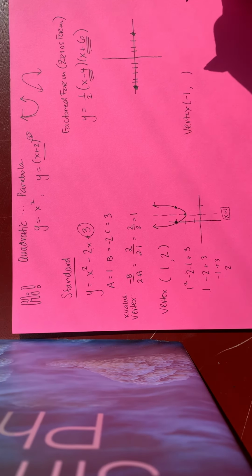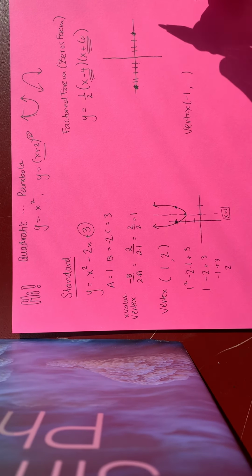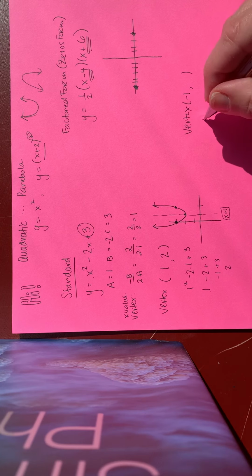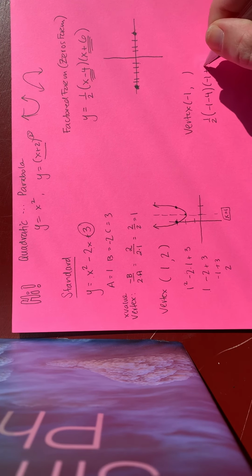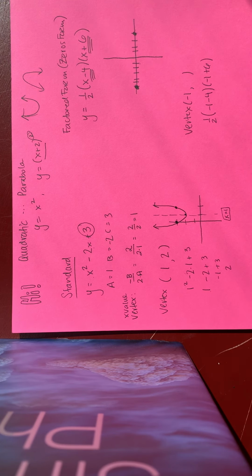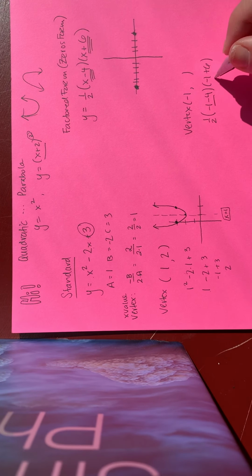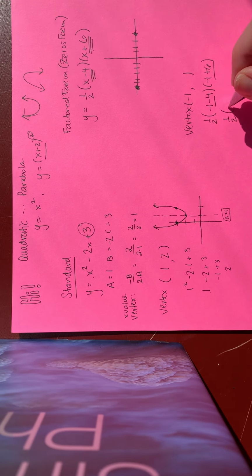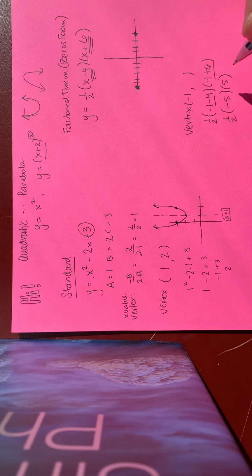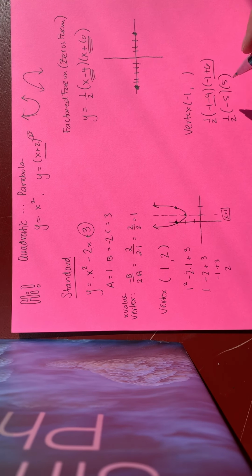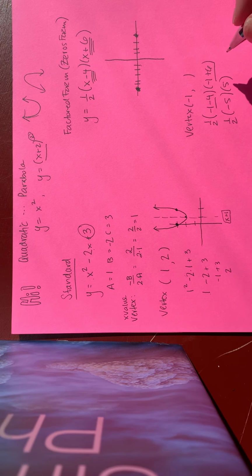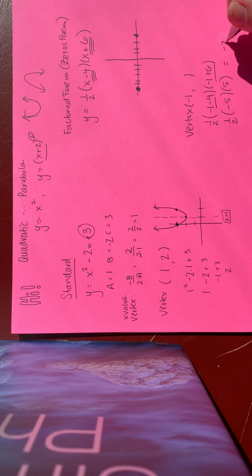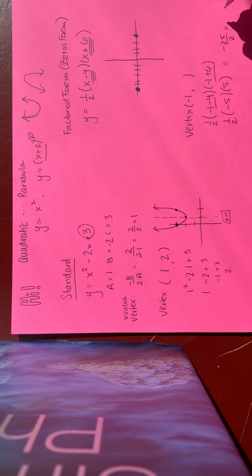Plug -1 back into the original, just like we do in standard form, to get the y value. So we've got 1/2 times -1 minus 4 times -1 plus 6. I'm going to do what's in the parentheses first, order of operations. So I'm going to have -5 here, I'm going to have 5 here. When we multiply this out, we hope that we're going to get a whole number. In this case, we don't. We're going to get -25 over 2, which reduces to